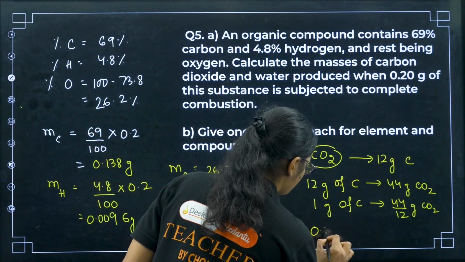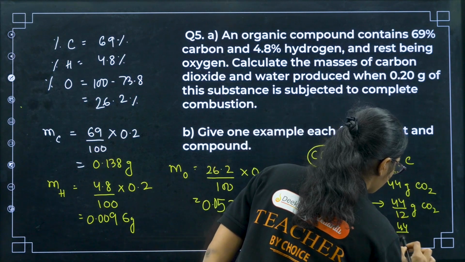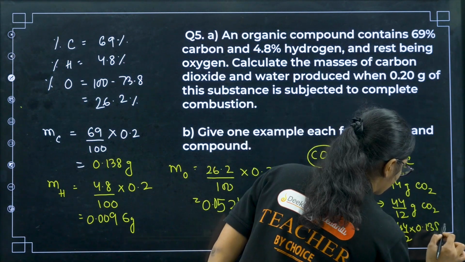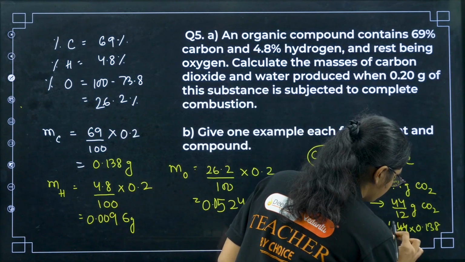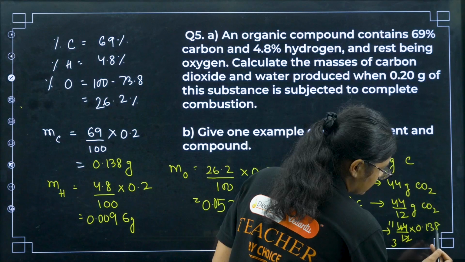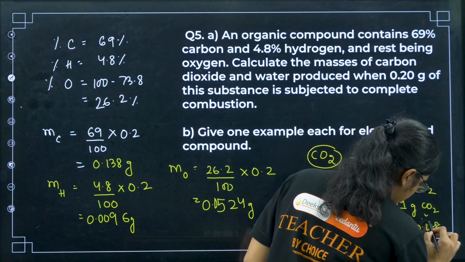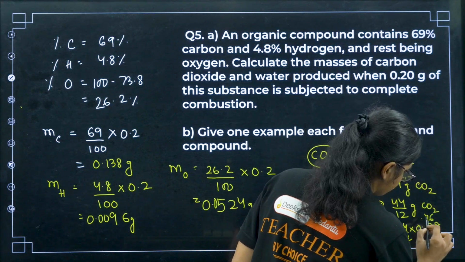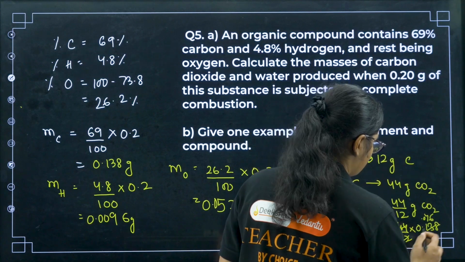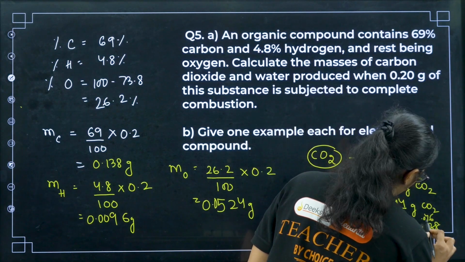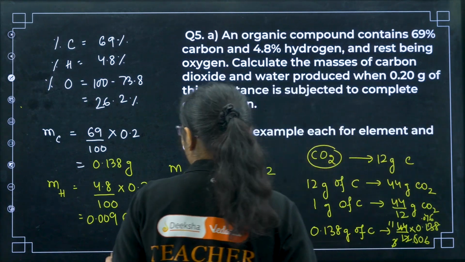Yes. So I have 0.138 gram of carbon. So that will be what? 44 by 12 into 0.138. So if you solve this, how much will we get? I can write 4 3s are 12, 4 11s are 44. Then this is also divisible by 3, so I can just make it like 3 4s are 12, 3 46 are 138, so 0.046. So 11 into 0.046, how much will we get? 11 6s are 66, 11 4s are 44, 44 plus 6 is 50. So I'll get 0.506. So the mass of carbon dioxide produced is